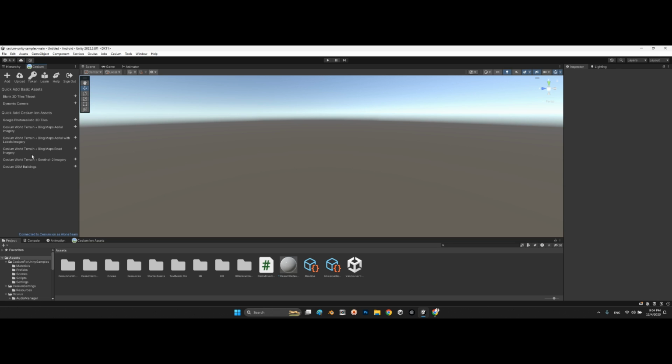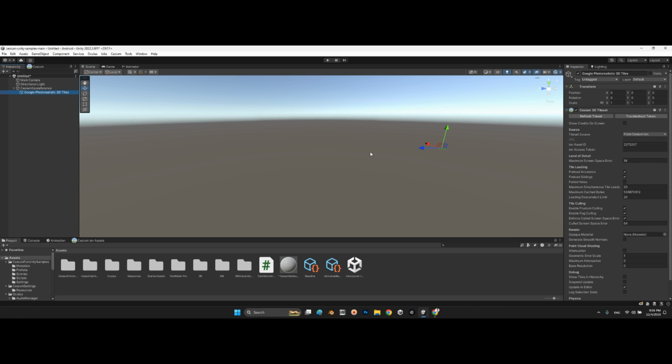There are a lot of options: Google Photorealistic 3D Tiles, or Cesium World Terrain with Bing Maps aerial imagery, and Bing Maps aerial with labels, and also one for a roadmap. We will check them one by one. For example, I click on this one,